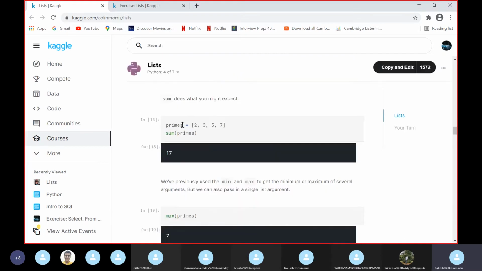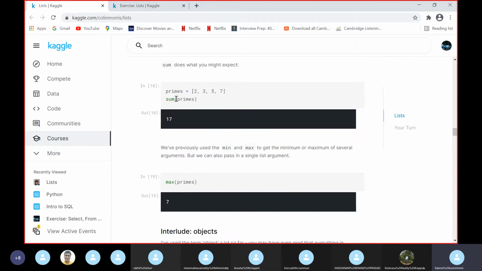Here we can see a list named prime which has 2, 3, 5 and 7 as the elements, and we used the sum function on the list name. It will return the value 17, which is the sum of all those elements.